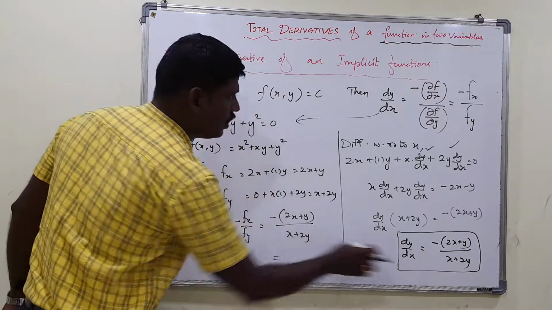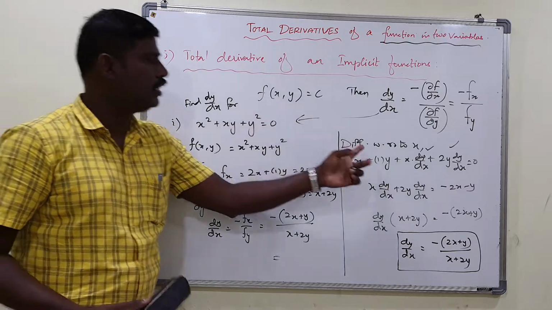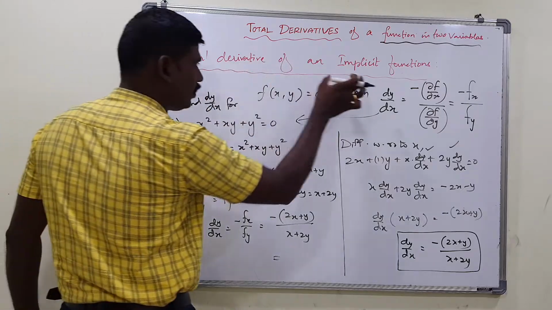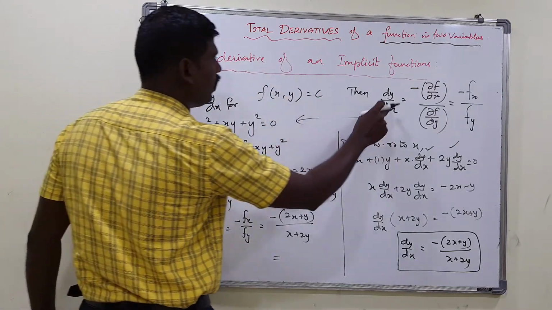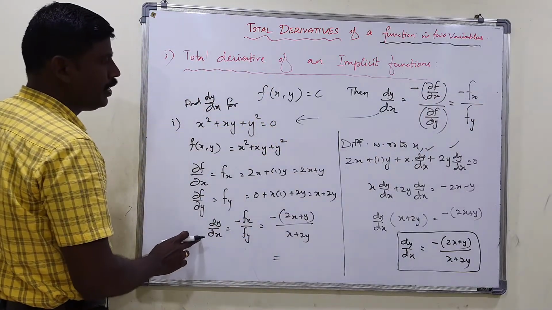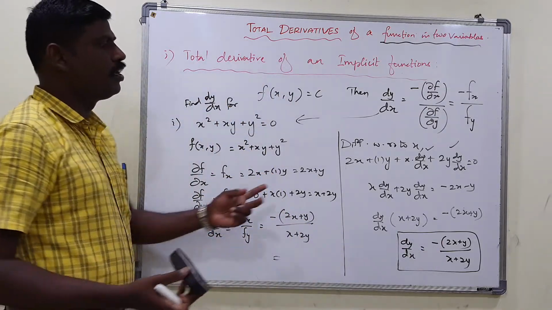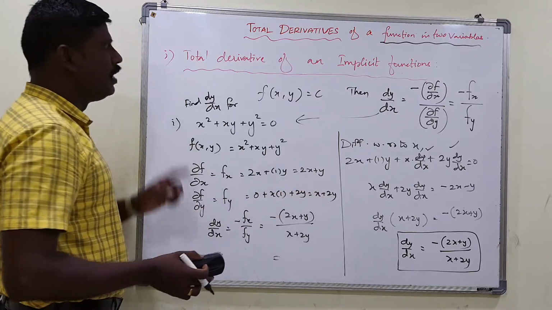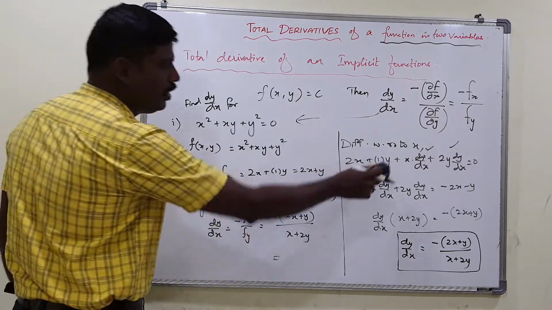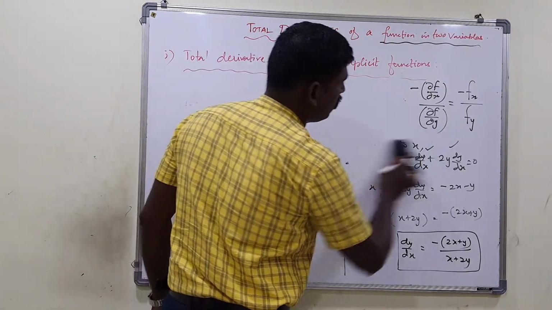Look at that. Both are the same, isn't it? Here I found the derivative of the given implicit function by the direct dy by dx method. Here I am taking the same function through the total derivative method. That means partial derivatives with respect to x and y. You can find dy by dx through the total derivative method. The answer will be the same for both types. You can follow any one of the methods. If they mention find dy by dx through the total derivative method, then you can follow this procedure. Now let us go to the other problems related to these total derivative functions.